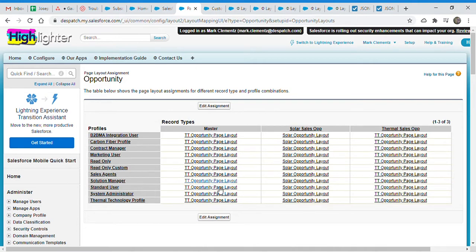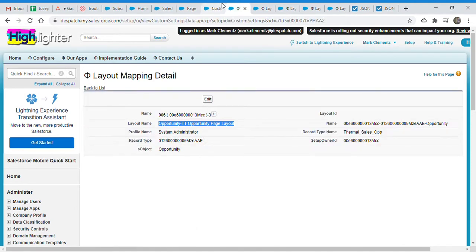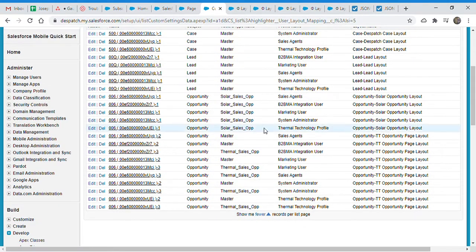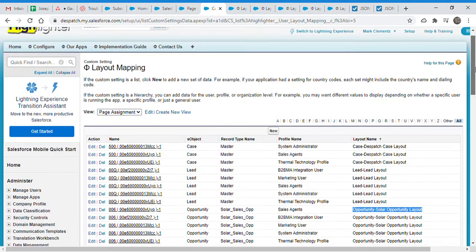This is the page assignment. Based on the record type and the profile, we get the particular layout, and we save it here in the custom setting. So when we load our detail page, we check the custom setting and get the layout name here.